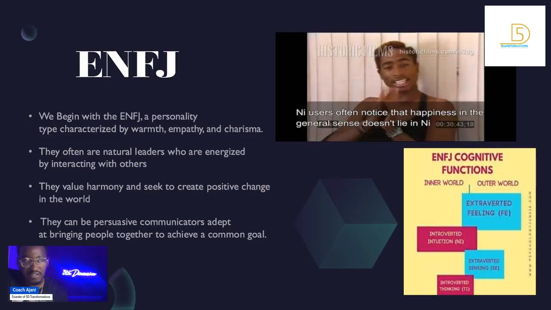A lot of ENFJs, when they were young, were considered old souls because they mature very quickly, and they are very passionate and they love to learn. So these are the things that make them very interesting people and helps them develop so quickly. And their ability to understand people and interact with people, they have that drive from a young age. So as they mature, they just get better and better at it, and they trust themselves more and more. So that's big.